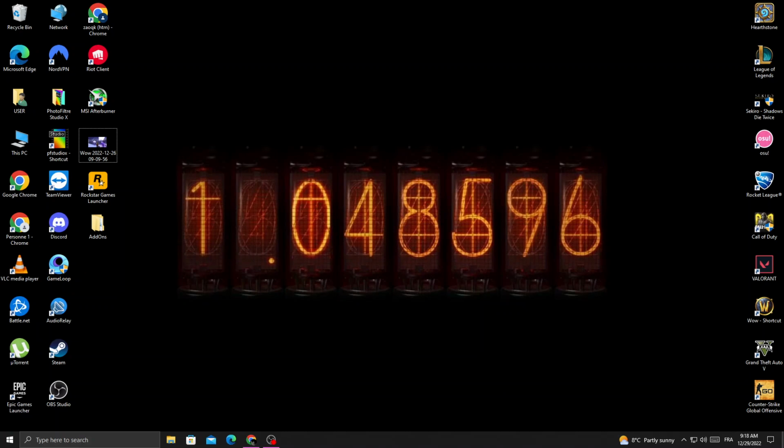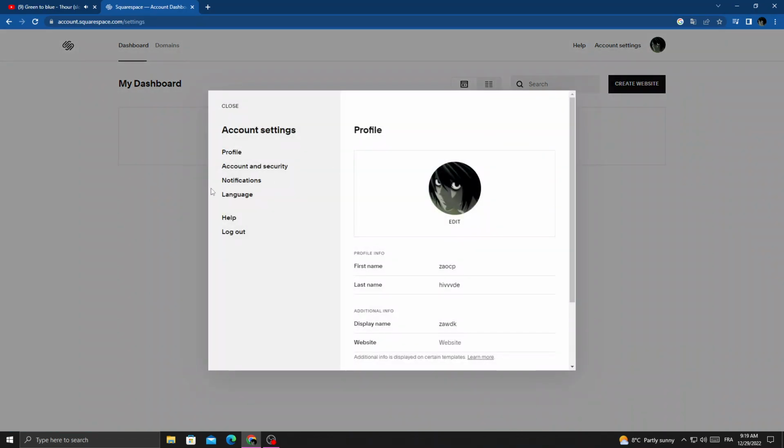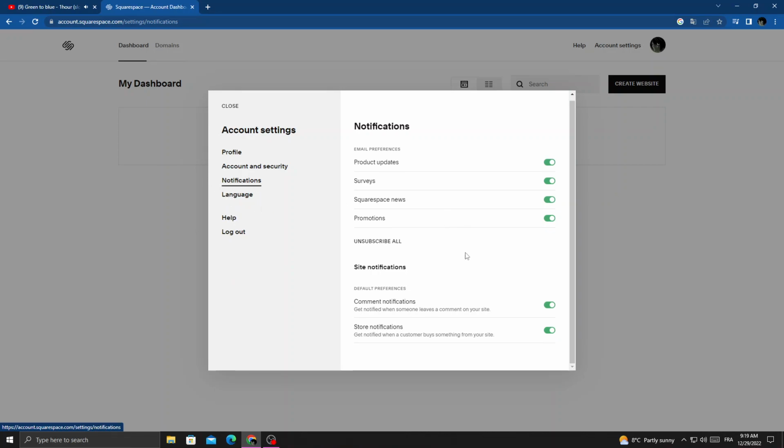First open your browser and here we'll find account settings. Click on it and then click notifications. Now after that just click notifications and scroll down, and here we'll find